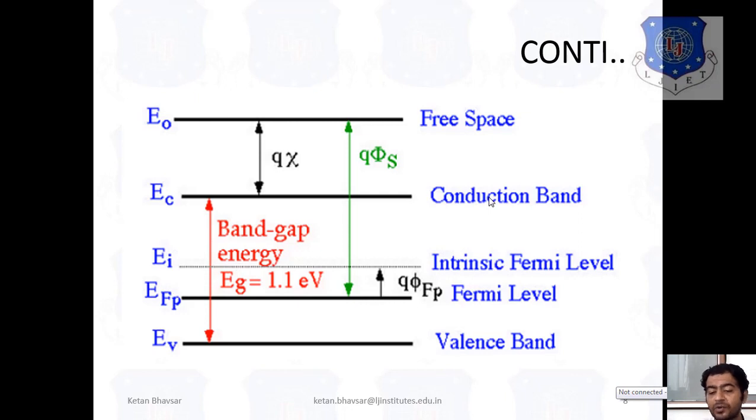So it plays a main role when you are dealing with electrons, because for providing a certain amount of conductivity, it plays a main role in how a particular level of electrons can reach the conduction band. It plays a main role when you are dealing with free space and also with a conduction band. So this diagram is very important for understanding the movement of electrons from valence to Fermi, Fermi to intrinsic Fermi level and conduction band.